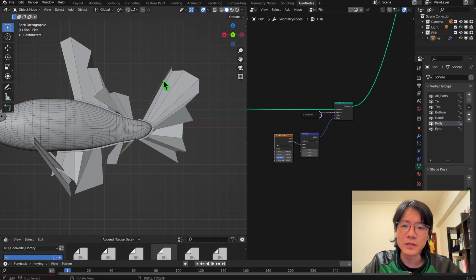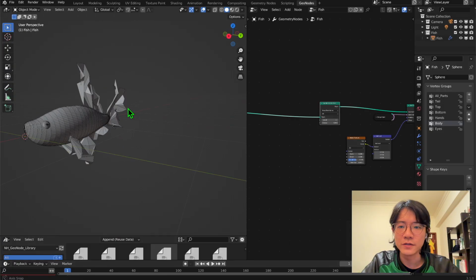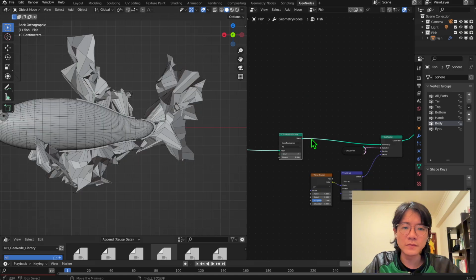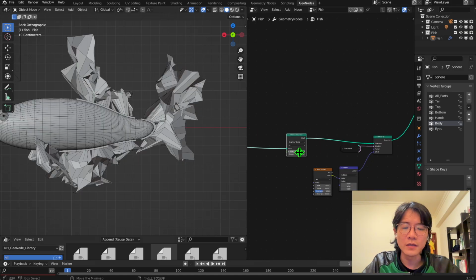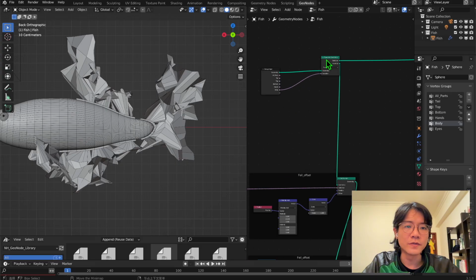So as you see, there is not much face to work on. So we will like to use a subdivision surface. Plug that right in front of this. At this point you can maybe set it to be like 2. So now you see something that I have intentionally done for this separate geometry,